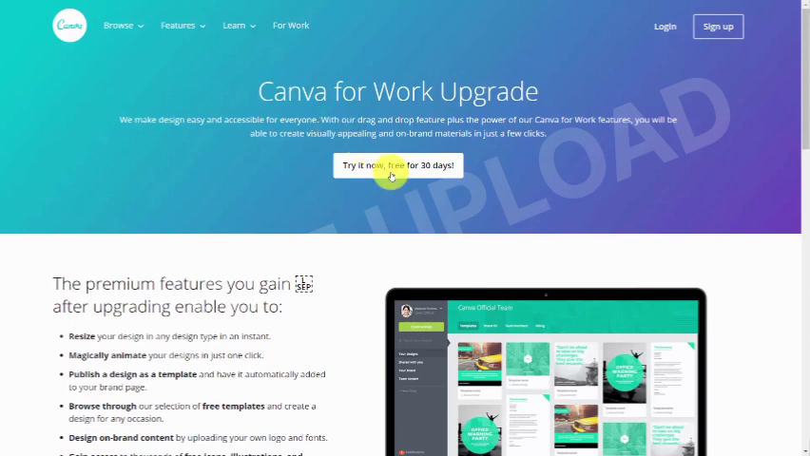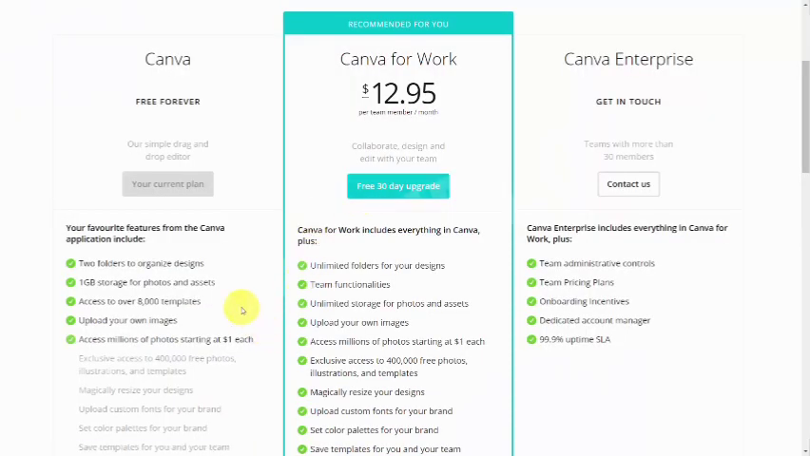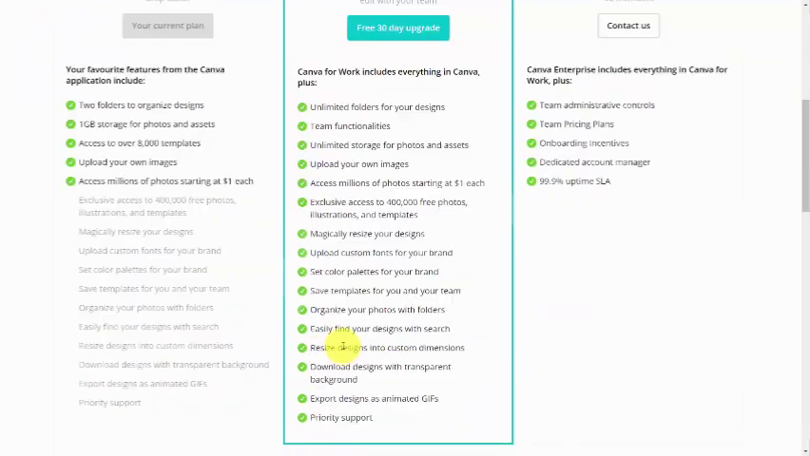Now, Canva does have a free upgrade for 30 days, and this is for the Canva for Work level of being able to use the platform. Now, the upgraded level does give you access to everything that you have with the free version, with the addition of the photo library, the ability to resize your designs, custom uploads, and then other features which you can see